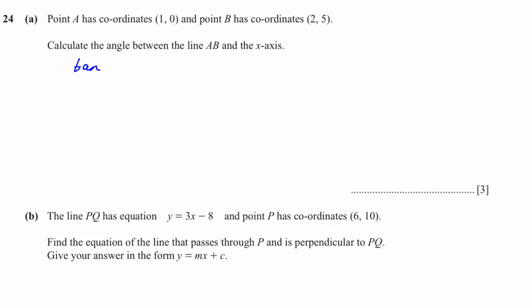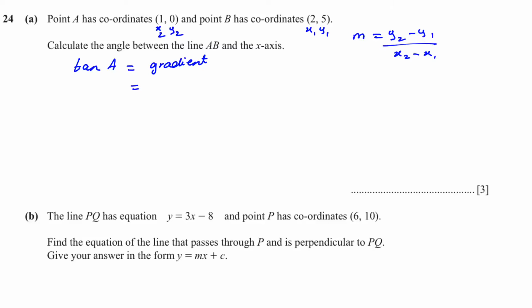Tan A is equal to the gradient. So what is our gradient? The formula to find the gradient is y2 minus y1 over x2 minus x1. This can be your x2 and y2, and this can be your x1 and y1, or the other way around,